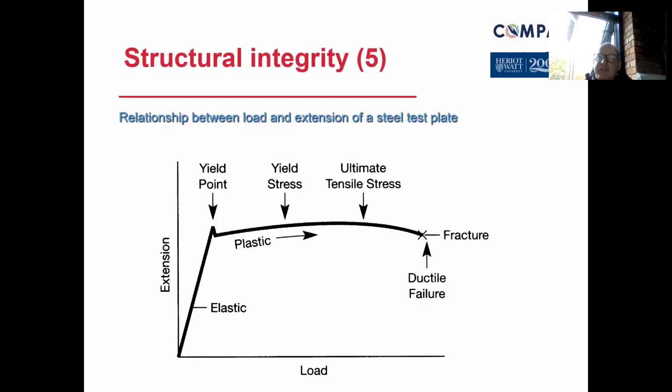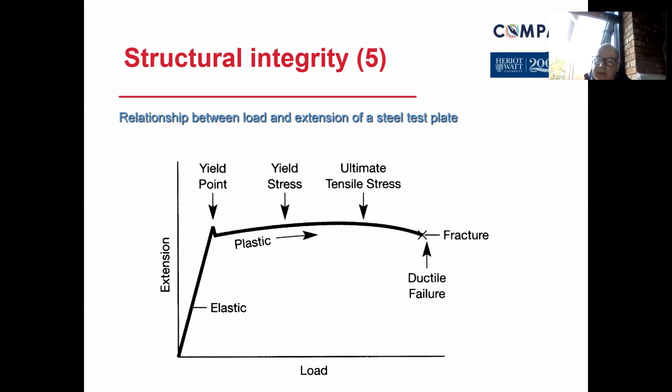So these relationships are put together on a steel test plate, should we say, if we're looking at integrity from that perspective. And it has load on one aspect. So the more load we put against it when we're doing these tests, we're looking at the response and the extension, going back to elasticity and whether it returns to its original shape. So the more load that we put on to it, eventually we'll get this fracture. So the ductile failure of it.